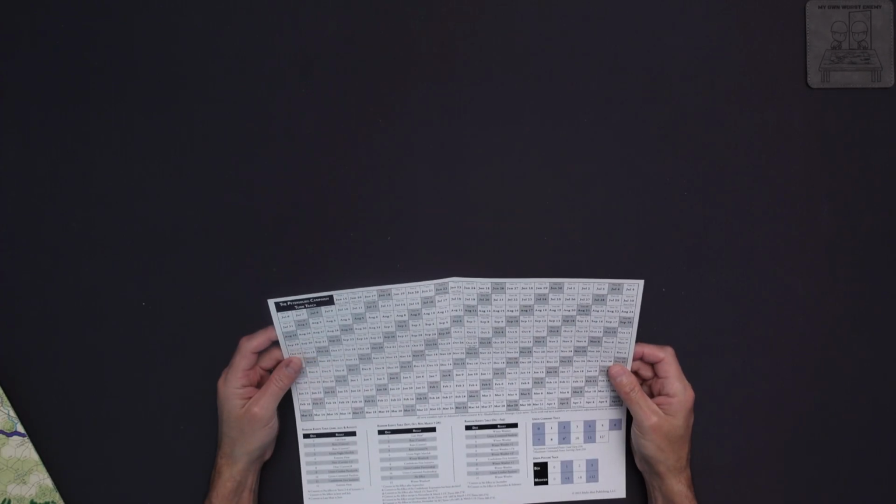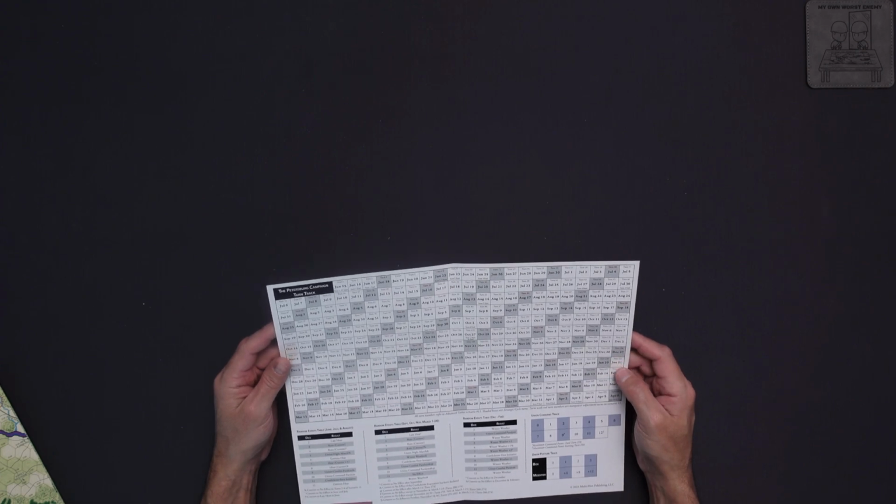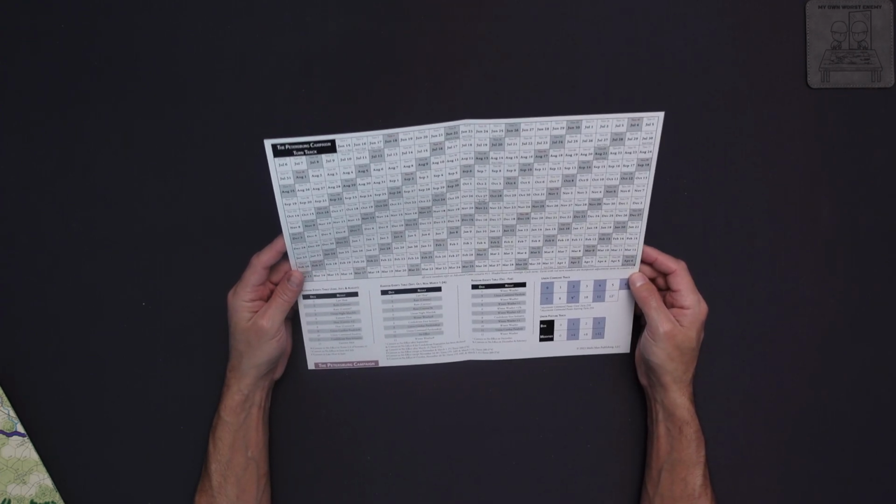And on the back of this, we have a Petersburg Campaign turn track. There's a random events table. I like to see random events. That adds to replayability for sure. Now I'm just going to pull out, in no particular order, we're going to grab a map and take a